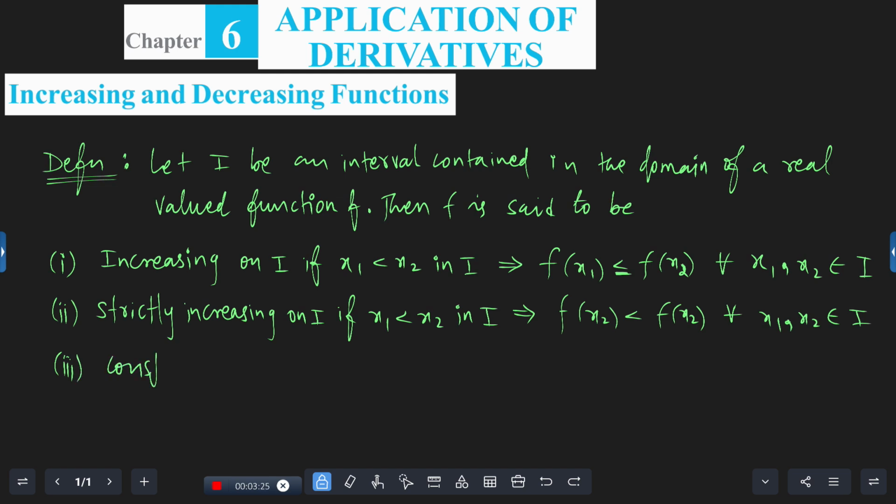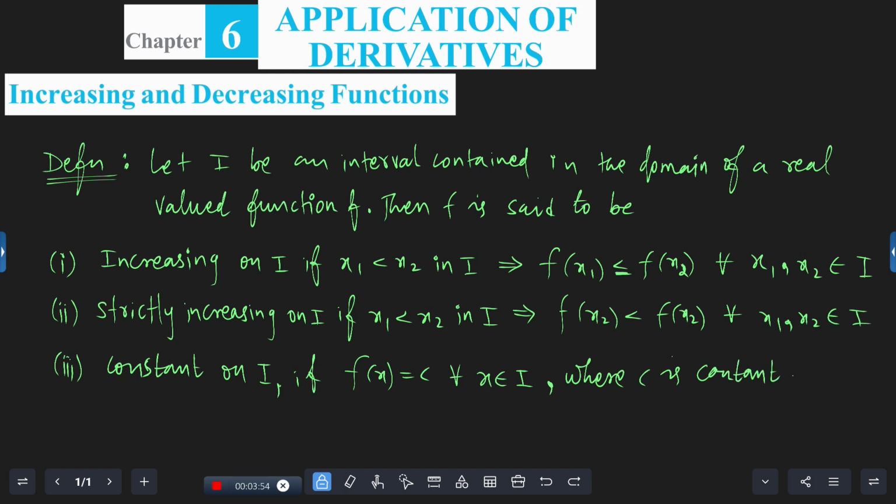Constant on I. If I am taking any constant on the interval, f of x is equal to c, the constant, for all x belonging to the interval I, where c is a constant. f of x1 and f of x2. Here x1, second one x2. Good. Next, fourth point,